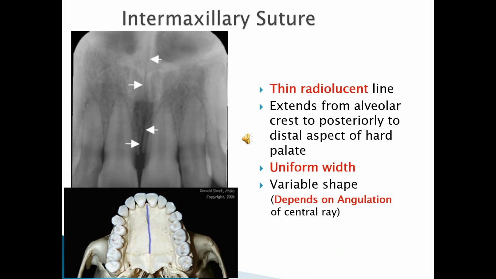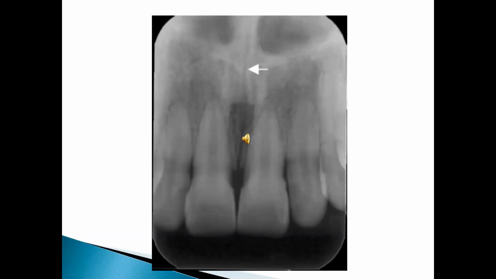Only when the X-rays pass perpendicular through the radiolucent mid-palatine suture area, it can be seen clearly on a radiograph. So it's not a must that it should be seen on all radiographs. However, it is seen in a majority of the radiographs of the maxillary anterior region. Please take 20 seconds to guess what is the triangular radiopaque structure the white arrow is pointing at. We'll be discussing this structure in the very next slide.